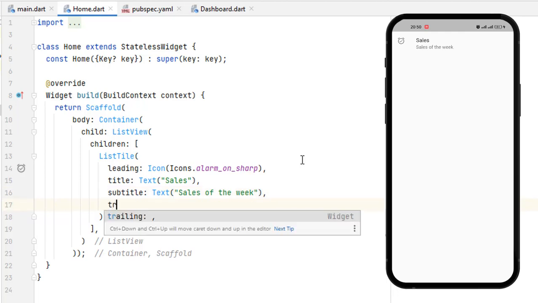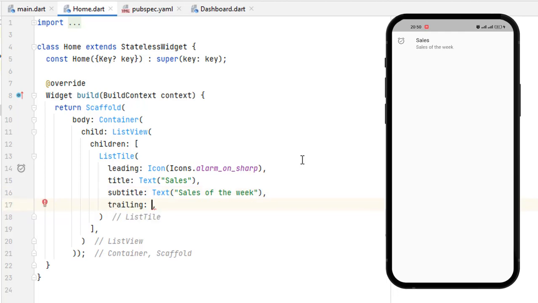And then we again have a trailing property which is on the right side. So trailing is again a widget. It can be icon, it can be any widget. So for example, I am again going to use text here, and you can see that trailing is showing the count of sales. So we can also use icon here. For example, icon is going to perform some actions. Add a simple plus sign, and you can see that this is how we can add